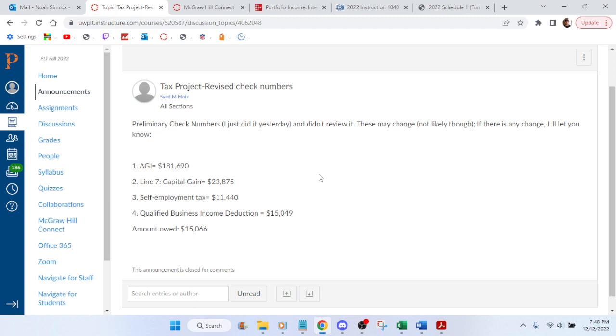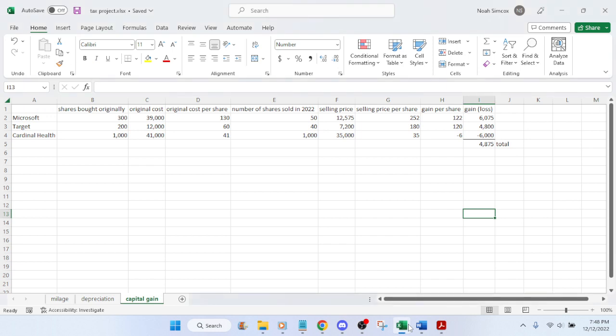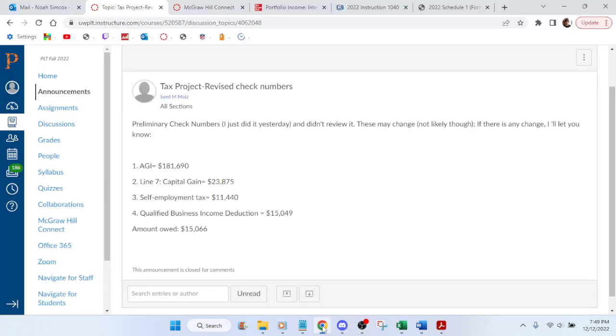Hilarious. My AGI is going to be way off. My capital gain is not even remotely close to what he got. How on earth did he get a $23,000 capital gain? What I'm going to do is I'm going to do this. You know what I got? I got a $4,800 capital gain, but you offset that with the carryover loss of